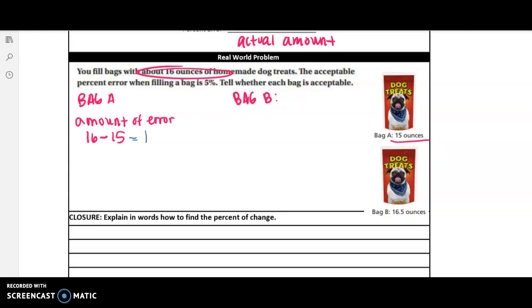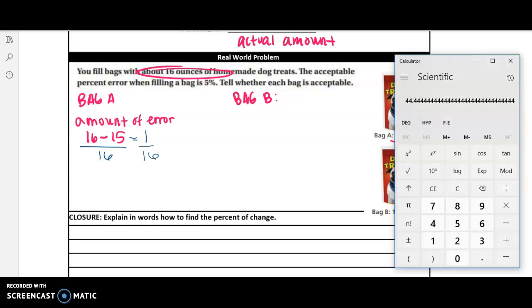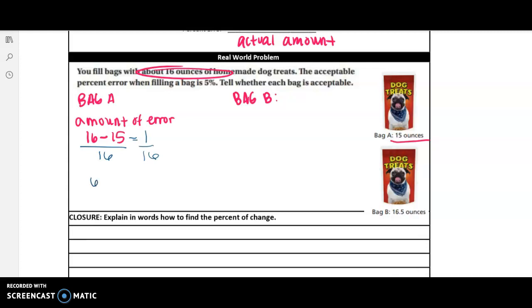And we're going to take that and divide it by the actual amount that should be in the bag. We know it should be 16. So we have 1 divided by 16. And then we're going to multiply that by 100 because we want a percent. So we get 6.25%